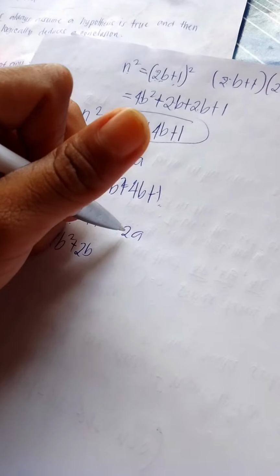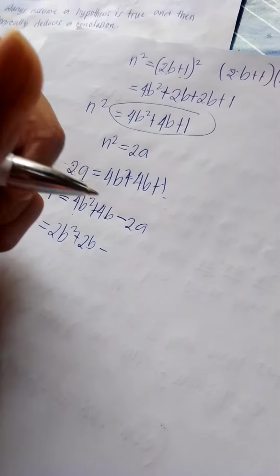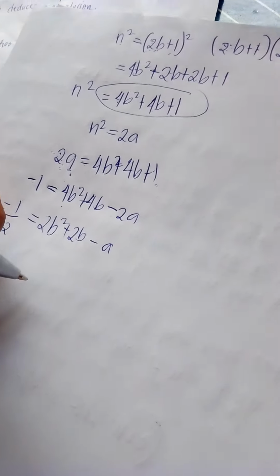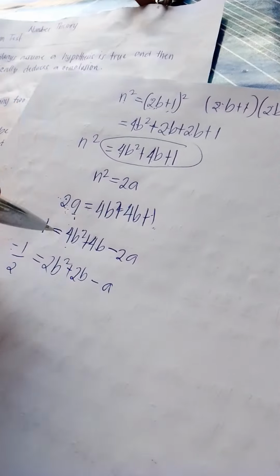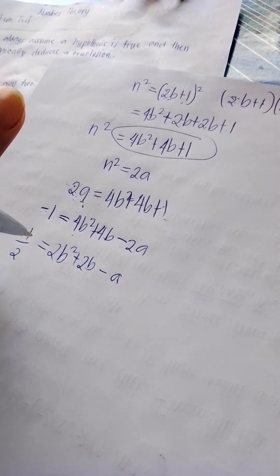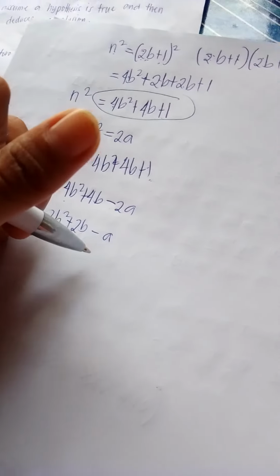Negative 2a divided by 2 is negative a. So the answer here is negative 1/2 equals 2b squared plus b minus a,